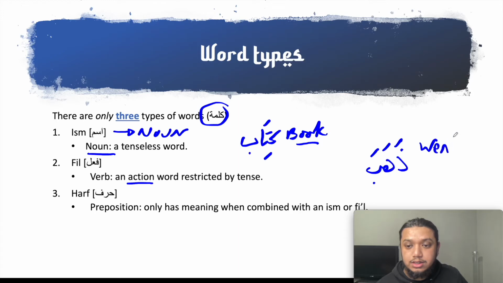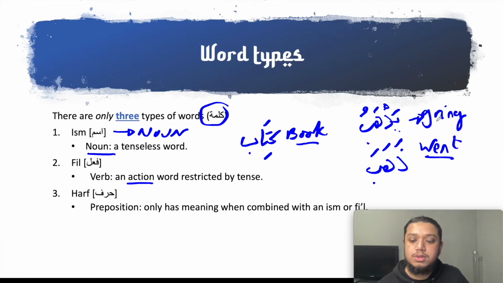Went is past tense. The present tense for it is yadhabu, meaning going. It can also mean to will go in the future, but we don't need to get bogged down with these words for the time being, because as I said, we will learn these throughout the course, inshallah,